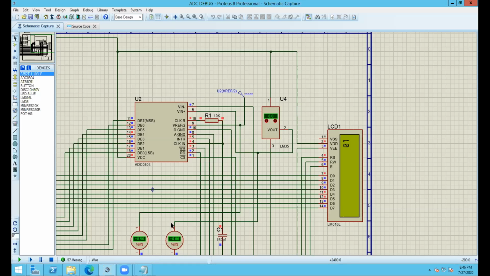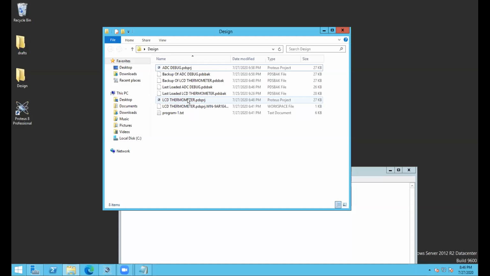Now for your understanding, I have already created the table. I am stopping this program and loading the one that I have the linked table in.